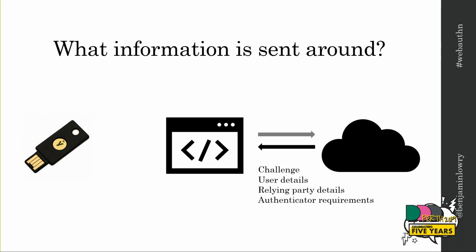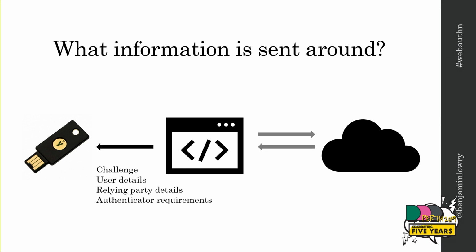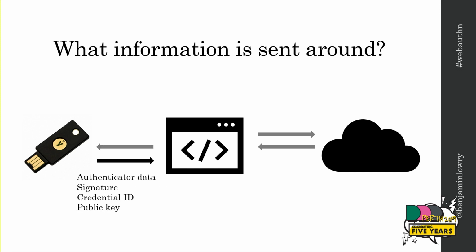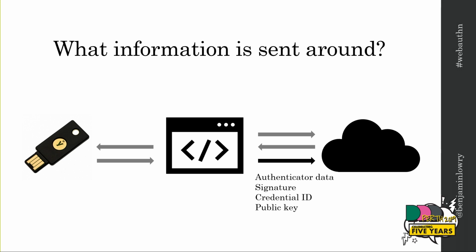It'll also send back some details about the website itself, like a display name to display in those prompts, and some details about what kind of authenticators it'll actually let you use. You know, are you going to let people use their phone, or maybe you only let people use those hardware ones? Basically, that gets passed on to the authenticator, and then the authenticator will do its thing, and you tap the button or whatever, and respond back with some more data: a signature that needs to be verified by the server, a credential ID, and a public key, which needs to be stored by the server. So those go to the browser. Obviously, you've got to get them to the server, so you do that bit too.